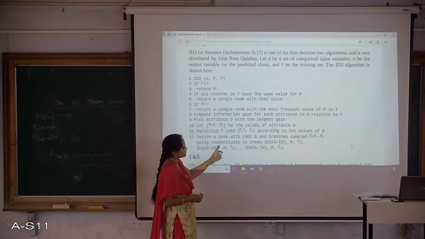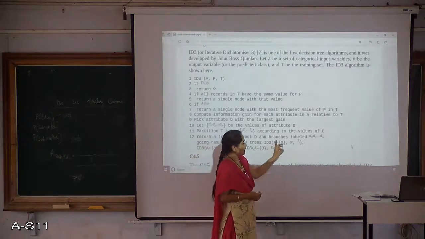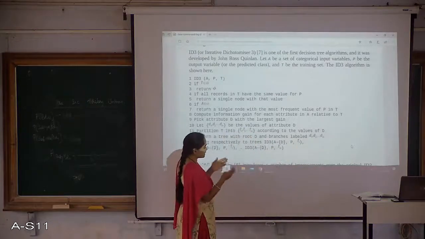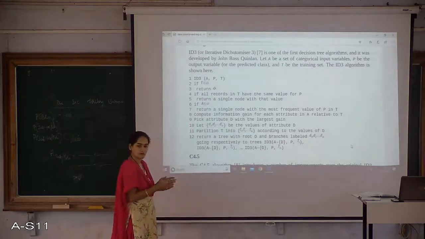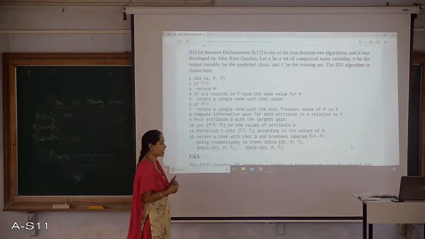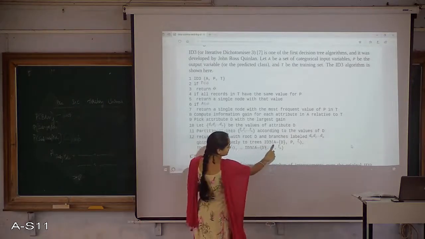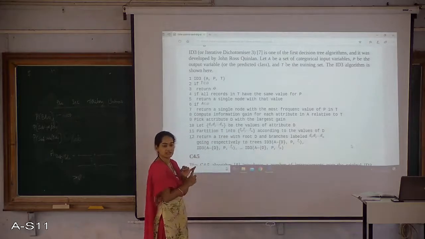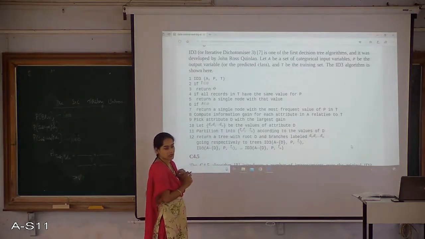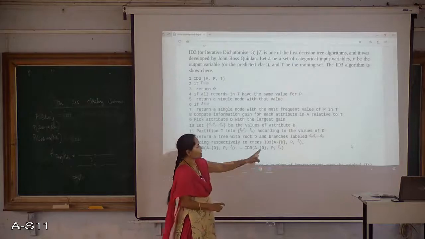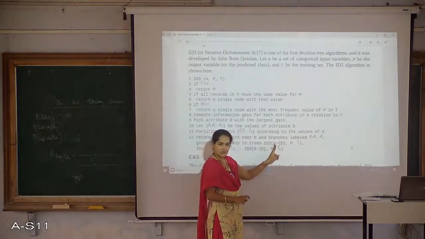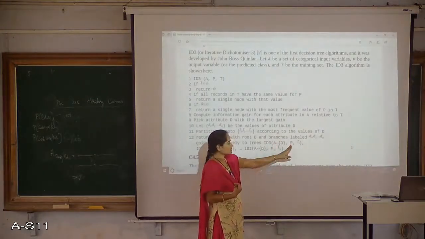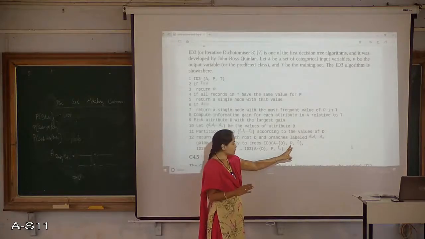Going respectively to the trees, again with that particular data, I am going to call ID3 recursively: ID3 with A minus D. What is that D? I already considered P outcome as one of the most significant attributes. I will remove that from the input variables for the next split. I will consider the same outcome.